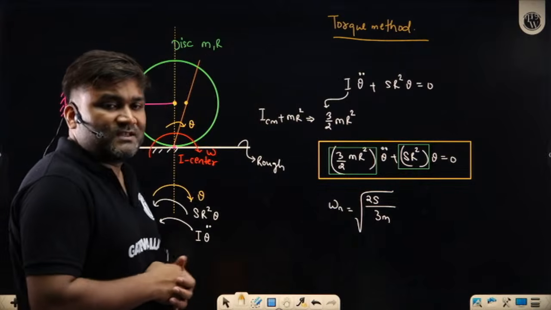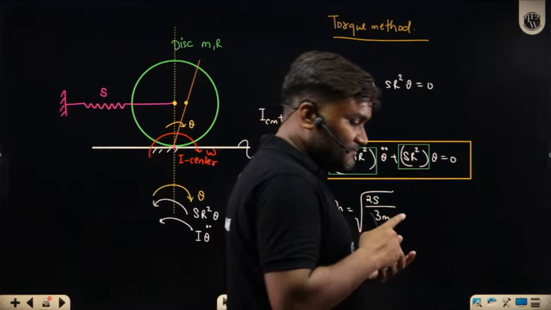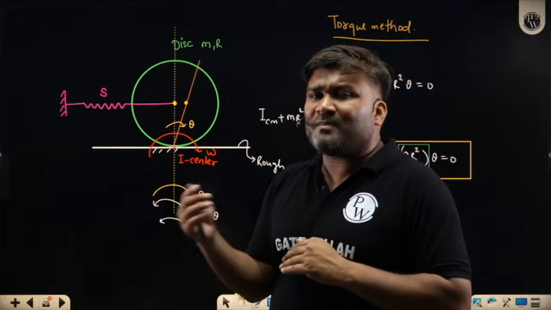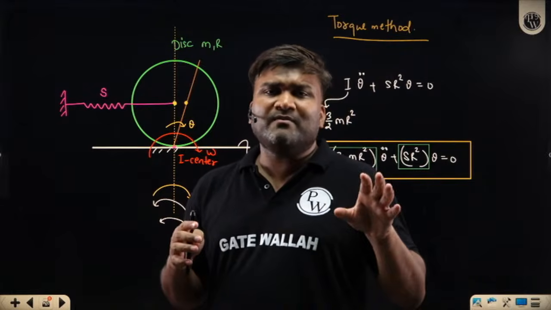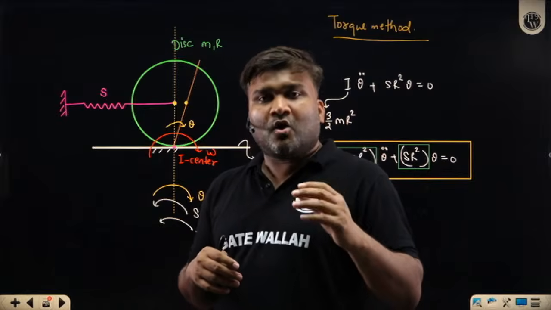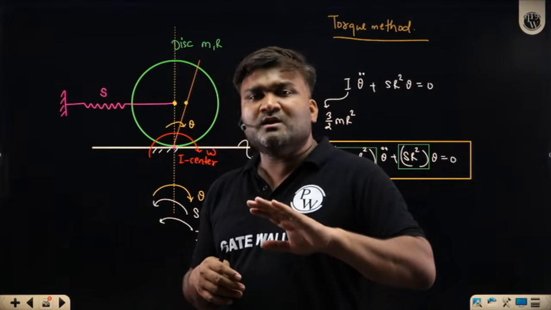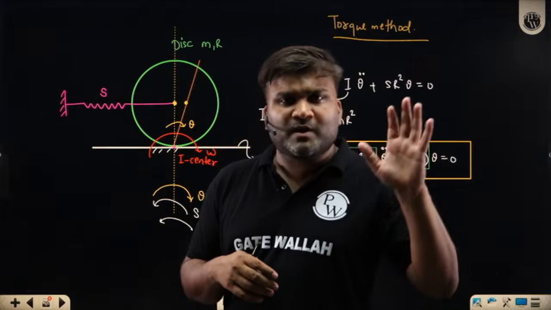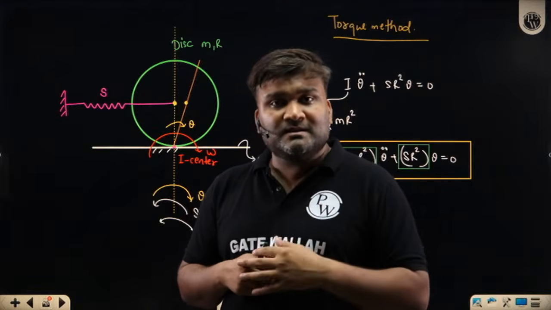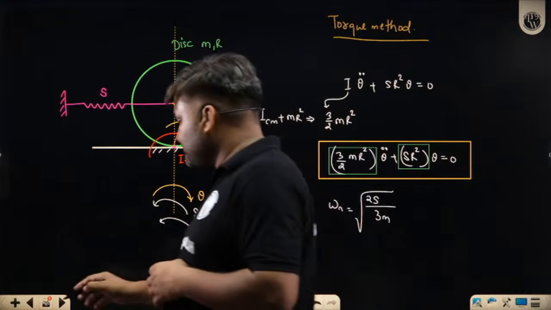So we have seen the free body diagram method, we have seen the torque method. The free body diagram method and torque method are nothing new. In the free body diagram method we are talking about whatever forces are acting, or from the rotation point of view, whatever torques are acting. So in the free body diagram method, force and torque both are coming. Rayleigh method, energy method. Okay.